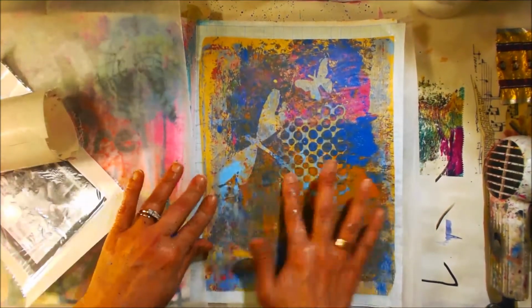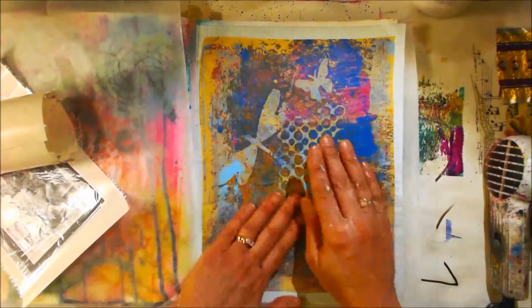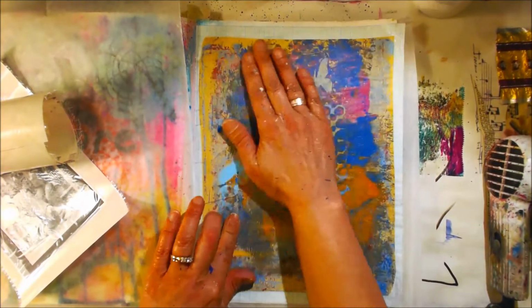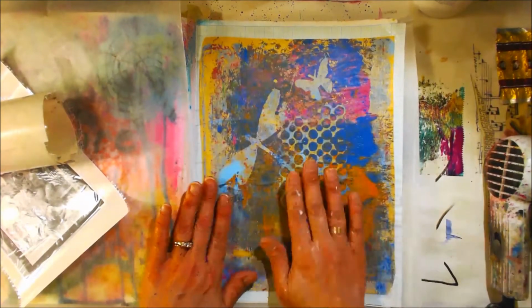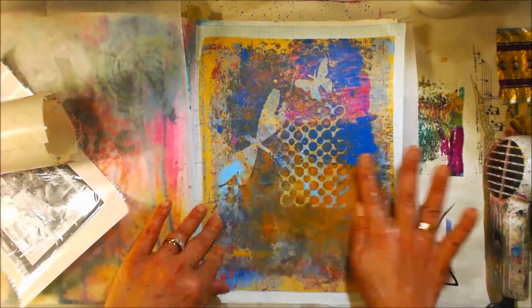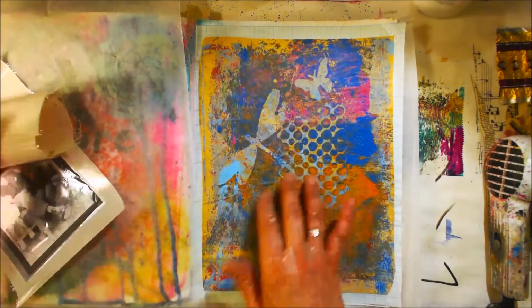You saw me do the first two steps. I wasn't speaking, so I'll just go back over what I did. I got some graph paper and glued that down using my matte medium. And then I made this piece right here. I'm doing several different layers of jelly printing. And then after I did that, the